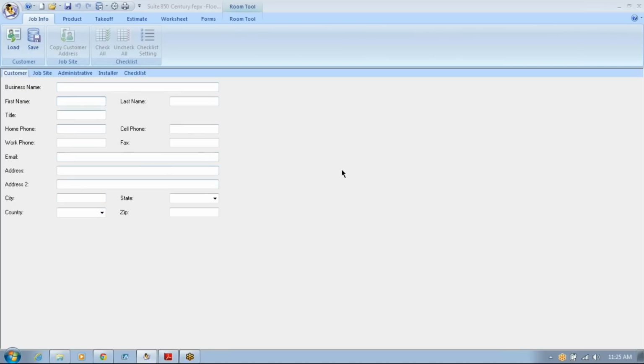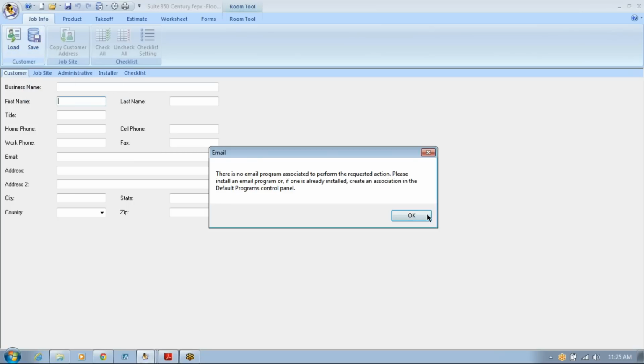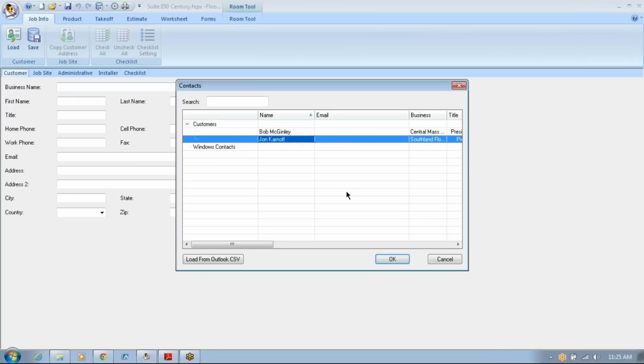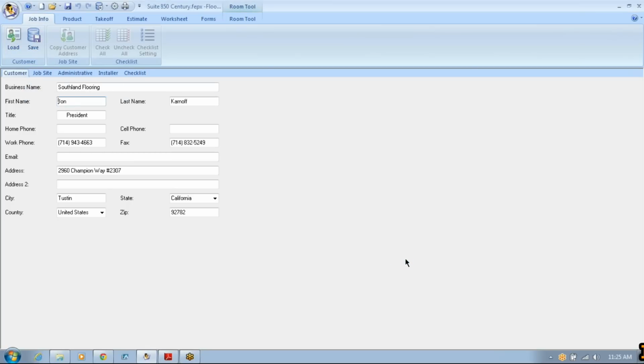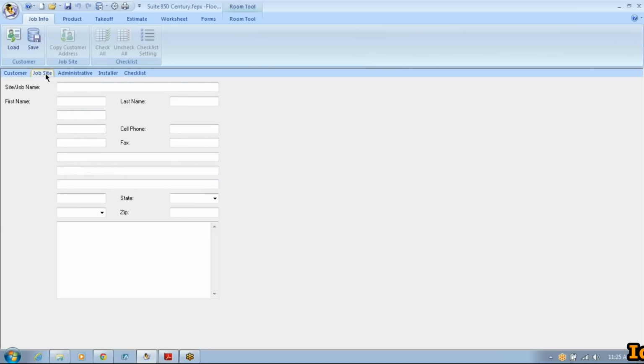So, for example, let's say we're doing projects for this particular company quite a bit. So I actually saved his information. So I'm just going to go ahead and reload it. I hit load, and then I just click on one of my vendors or whoever, right. And that information is already loaded in. Then we can go to the job site and type in whatever project this is,